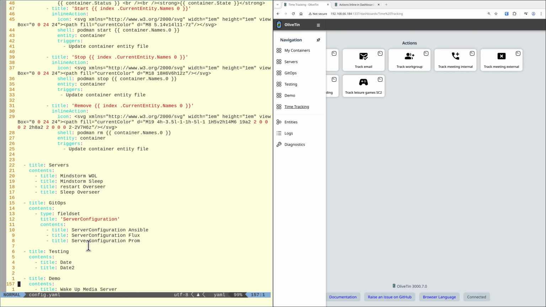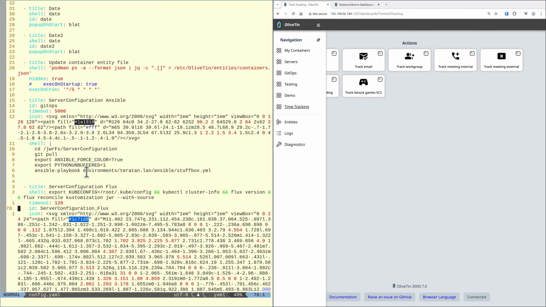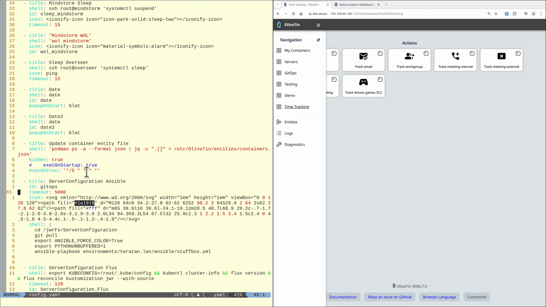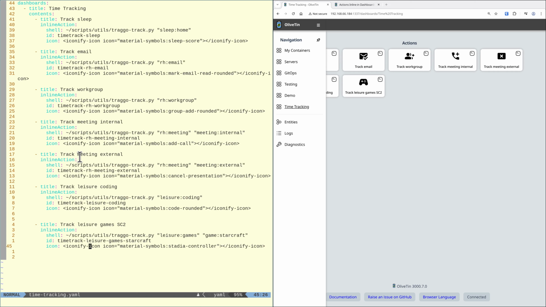So some of these where I've got my container control panel, I could reduce that massively because I'm not repeating myself all the time, and stick it all into a single file. Some of these are a bit funny, right? I've got a big inline SVG here that I was using for testing. Anyway, so the idea is that with this new feature of inline actions,